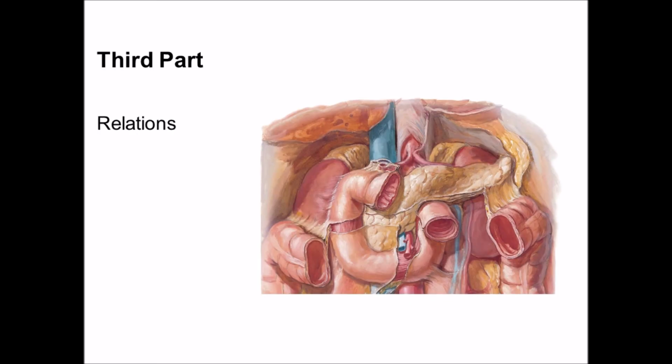Third part of the duodenum extends from the inferior duodenal flexure and runs towards the left side up to the anterior surface of the aorta. It lies at the L3 vertebral level. Inferiorly, the third part of the duodenum is covered by the peritoneum except the area which gives attachment to the root of the mesentery. Anteriorly, it is crossed by the superior mesenteric artery and superior mesenteric vein.